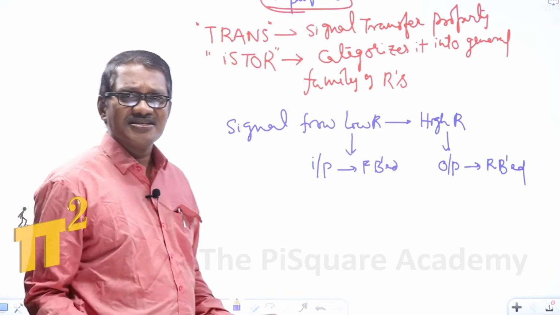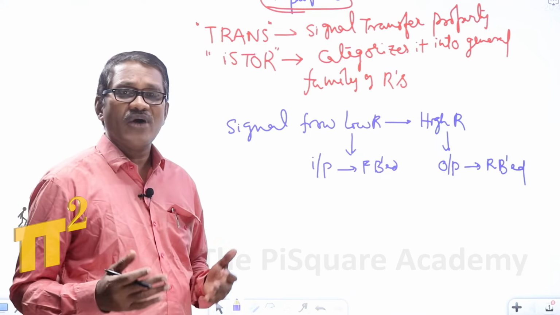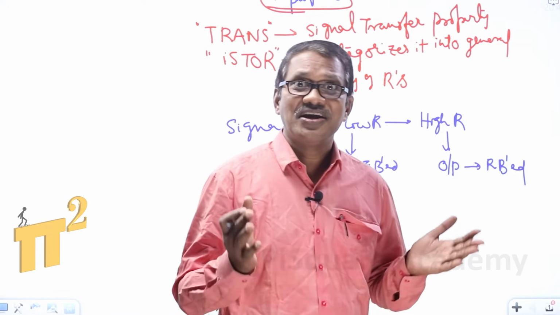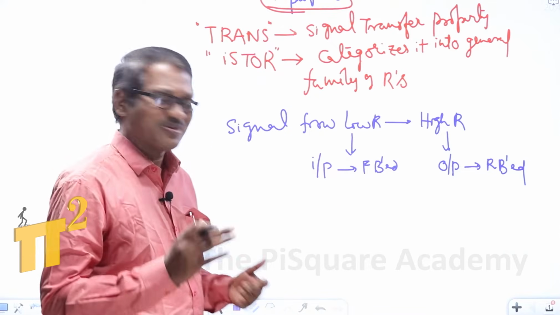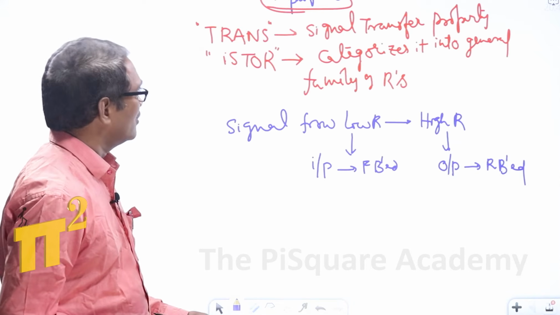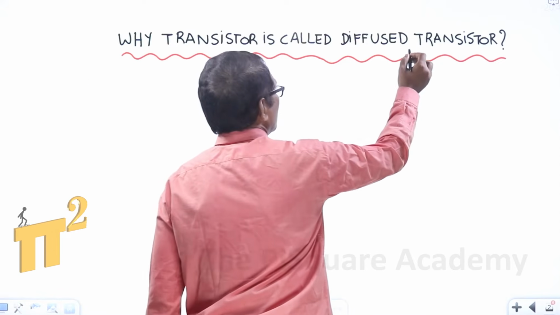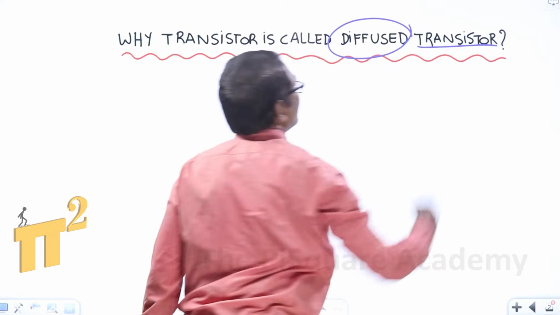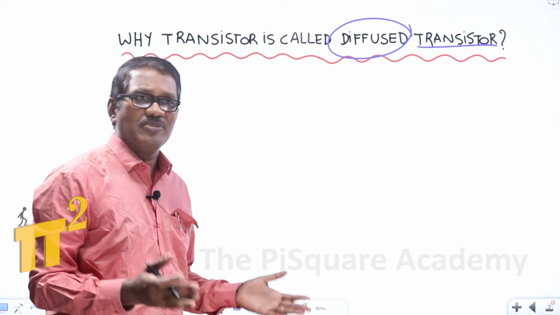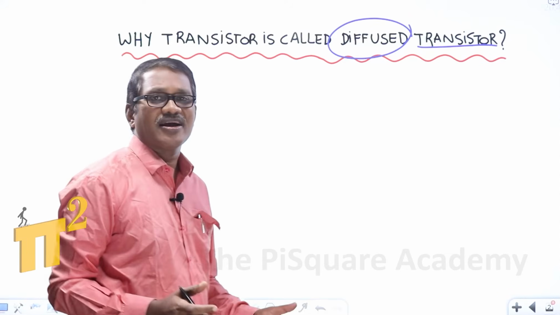So basically, a transistor is a three-terminal device, that we know. The next one, very important for competitive examinations, is why a transistor is called a diffused transistor. Have you understood this, right? Why is a transistor called a diffused transistor? A transistor has three terminals, that means emitter, base and collector. Right? So the emitter current is